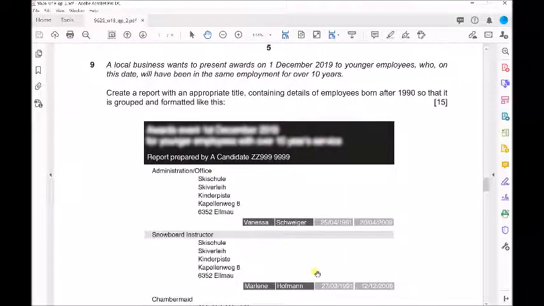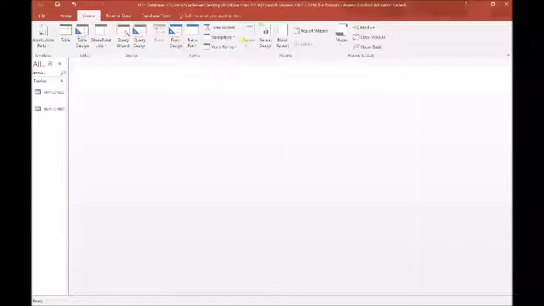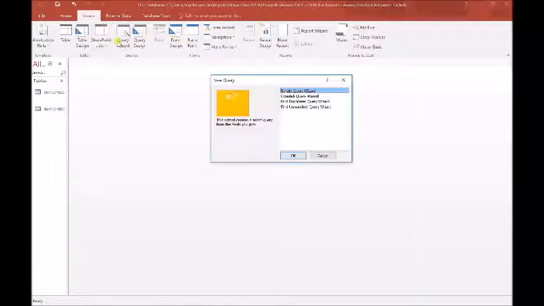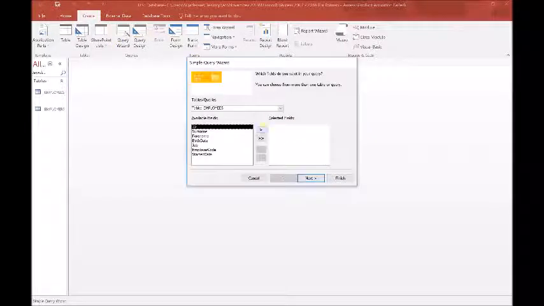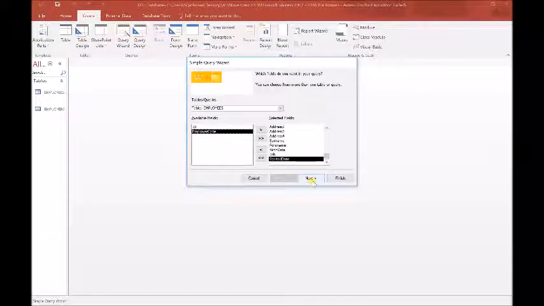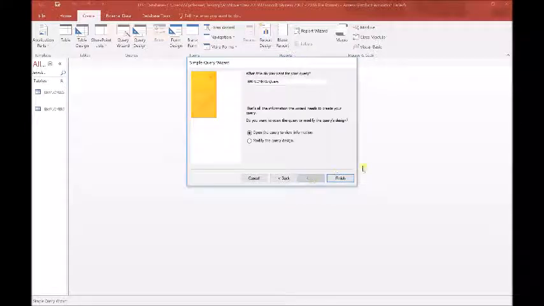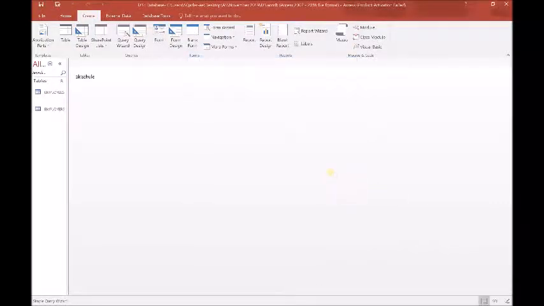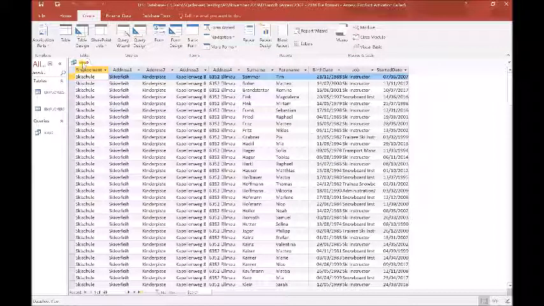Okay, so let's do the query first. Now query wizard, simple. I will get from here everything, then surname, name, and job, also start date. Now it is step 9. For now,